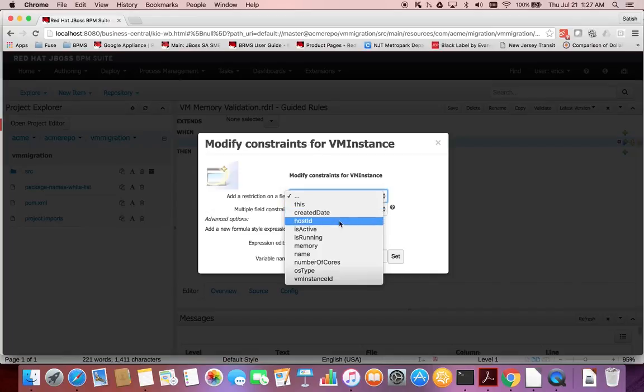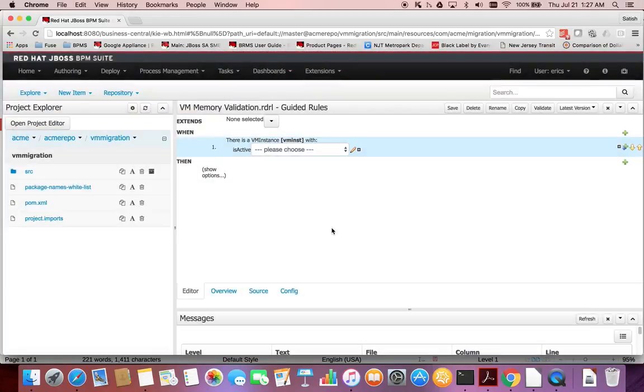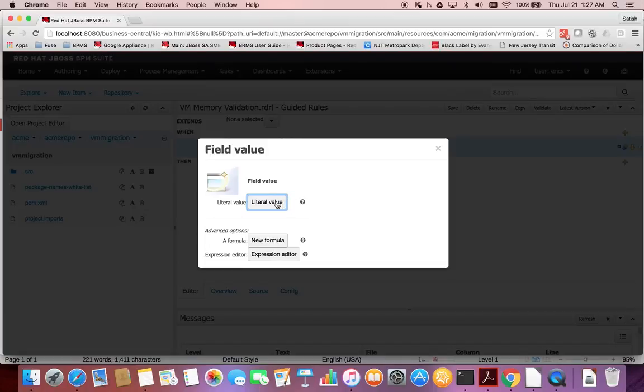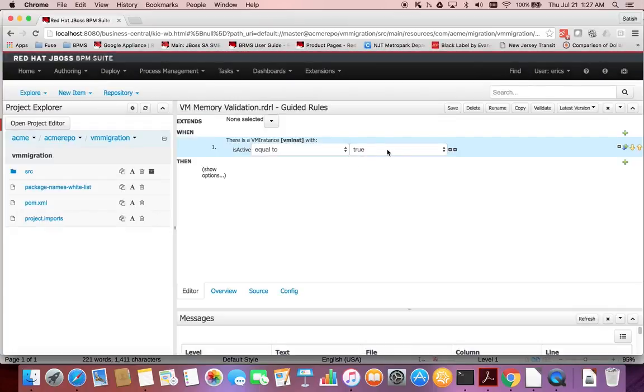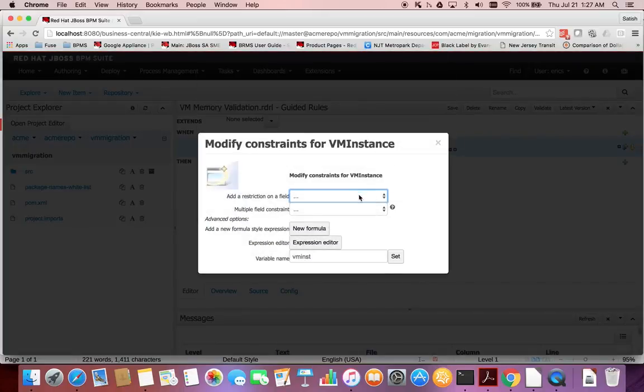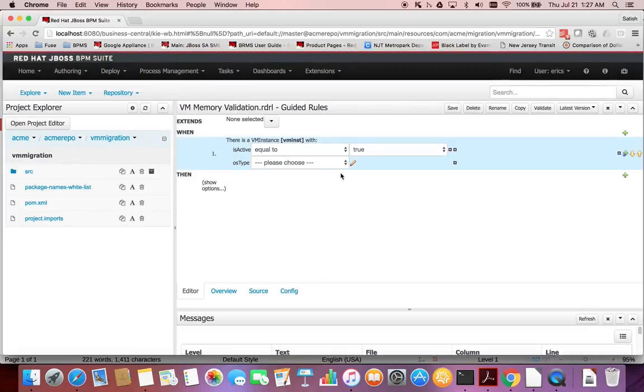I'll say that if its status is active, and now it understands this is a boolean, so these are the options it gives. If is active equal to, I'll be selecting a literal value over here, is true. I'll be adding another condition, and I'll say that if the OS type, again it understands OS type is a string,